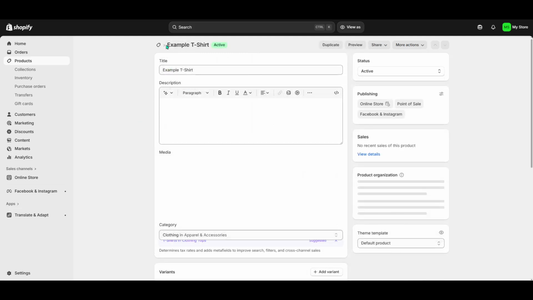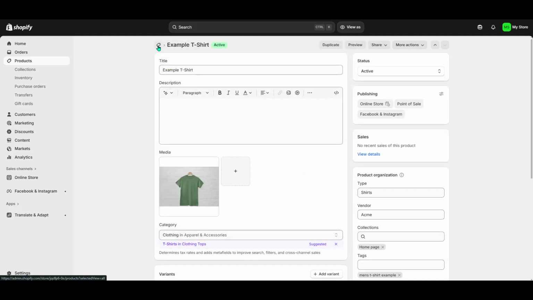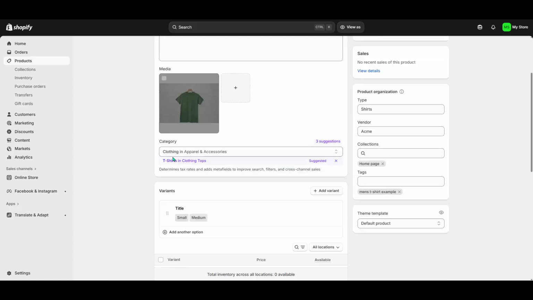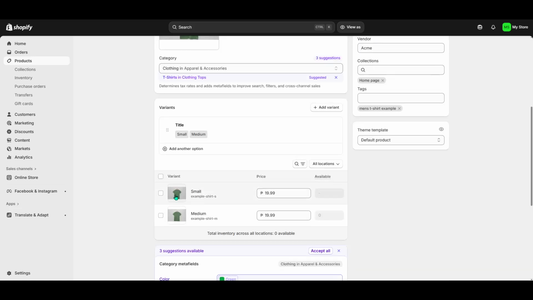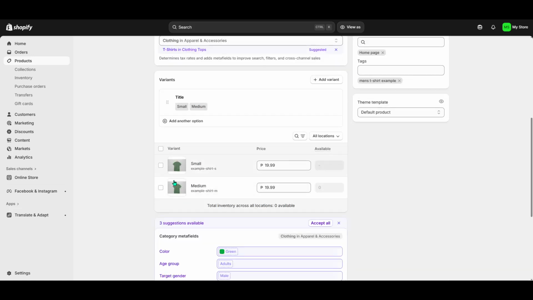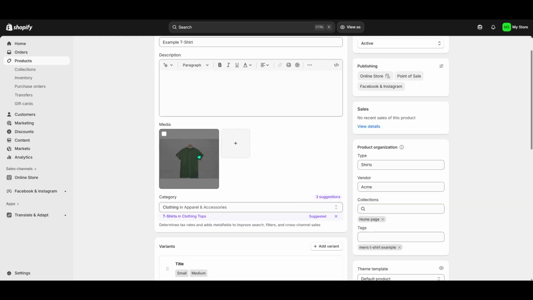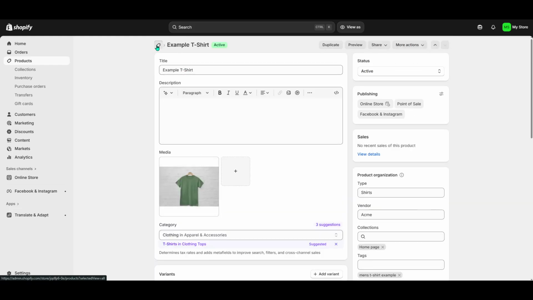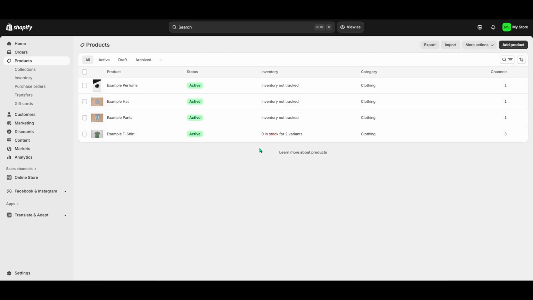Remember, each step we covered today can make a significant difference in how your store appeals to potential buyers. So, feel free to repeat this process anytime you add new variants, ensuring that every aspect of your inventory is beautifully and accurately represented. With practice, this will become a seamless part of